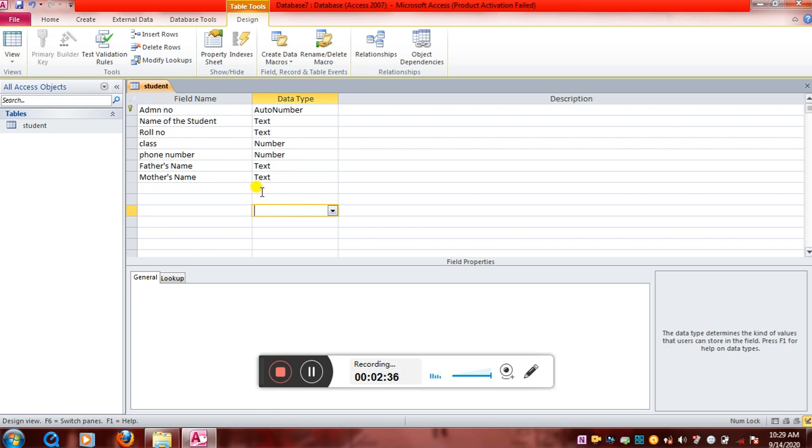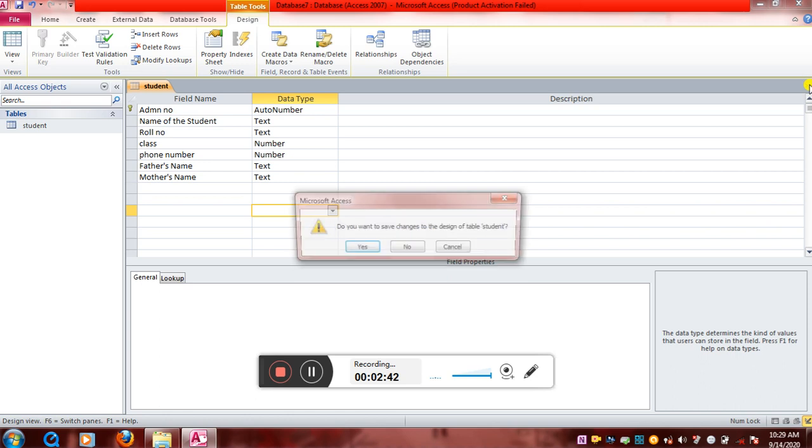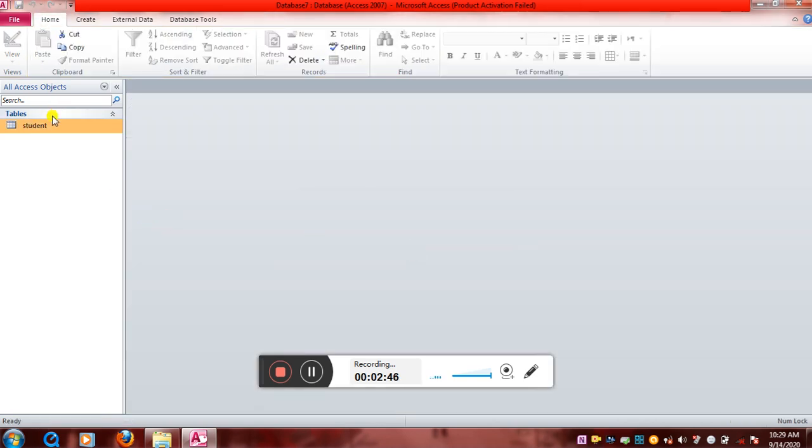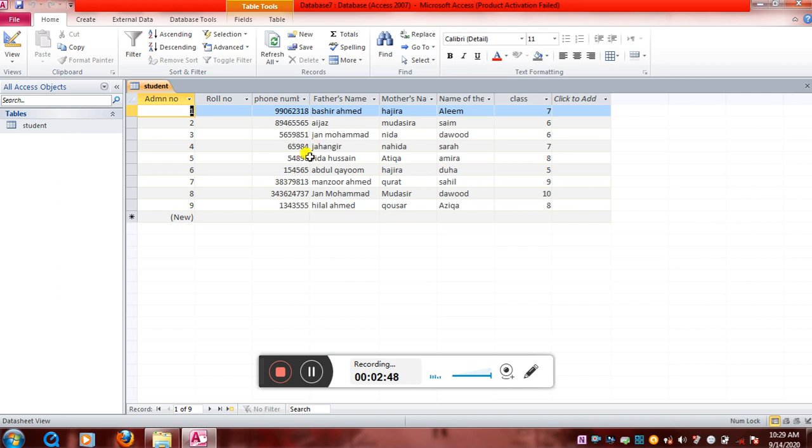Now another thing is sorting data within a table. For that what we need to do is we have to go back to the table. So we don't want to save changes. We'll open our students table. Now if you all can see, for sorting of data, these column headings have an arrow along with them, and if you click on these arrows,